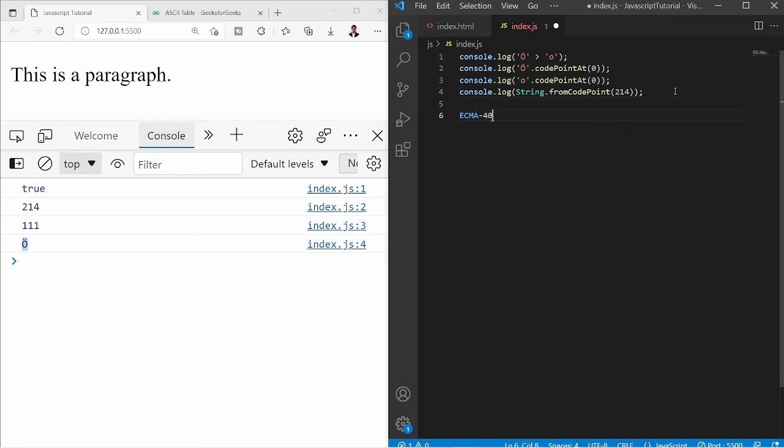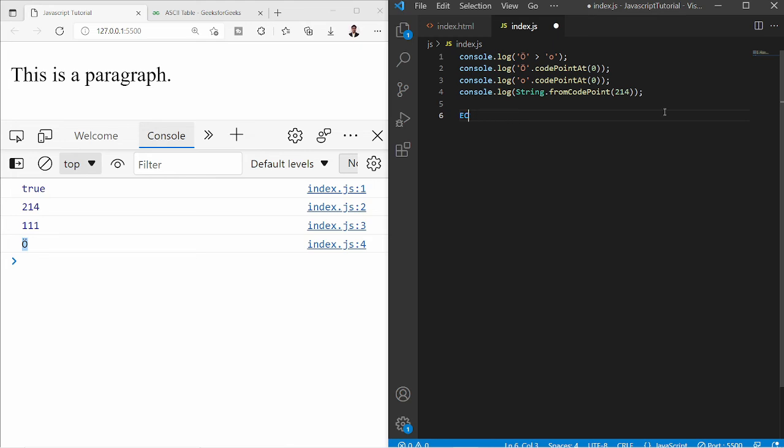So what is this? It is a standard which provides a special method to compare strings in different languages. So we do not need to worry whether the browser understands the language we are comparing or not. This standard provides a method called localeCompare, and we can use that method to compare two strings in two different languages.